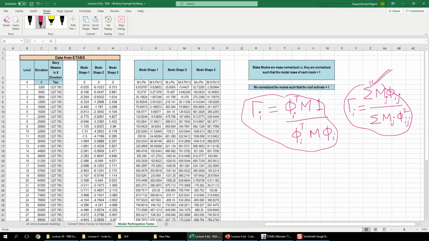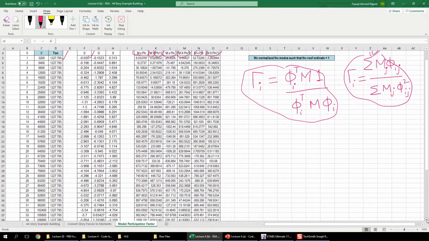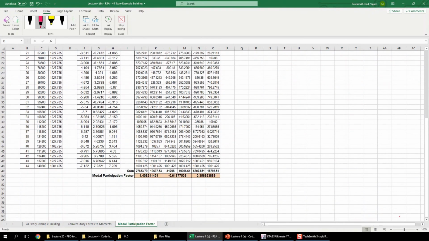So you can see this column is the story mass multiplied by phi. You already have the story mass, you already have the ordinate for the first mode, and you also have the story mass multiplied by phi square. The same two columns will be used. And similarly for mode 2 you will do this, and then for mode 3 you will do this. And then you go to the bottom here. So I have the summation also for all these columns. This becomes the summation of mj phi ij.